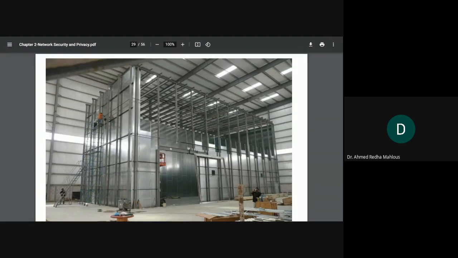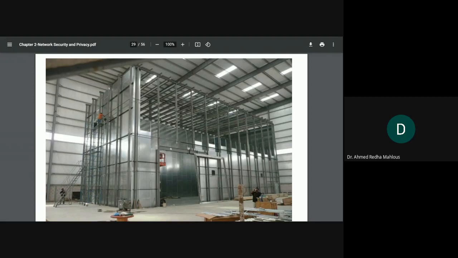Okay, when you put this type of what is known as a Faraday cage, all the walls will prevent any signal, and inside it you will have a wireless communication between devices, and the signals will not go out. Okay, it will just be inside this Faraday cage. In this manner, if you want to have a secure wireless communication inside it, okay, this is what we mean by a trusted local area. ايش معنى trusted local area؟ معناه any device who is inside this Faraday cage is supposed to be trusted,